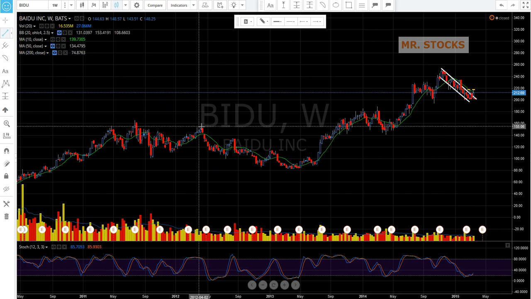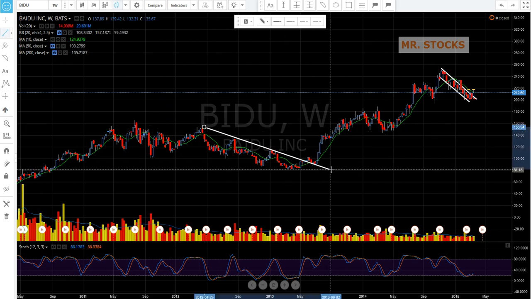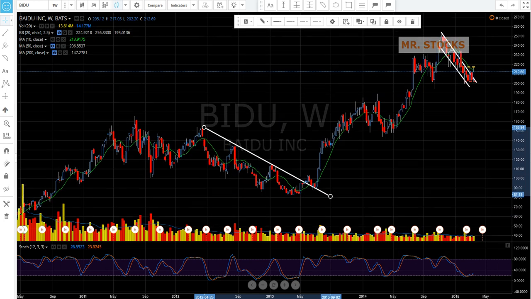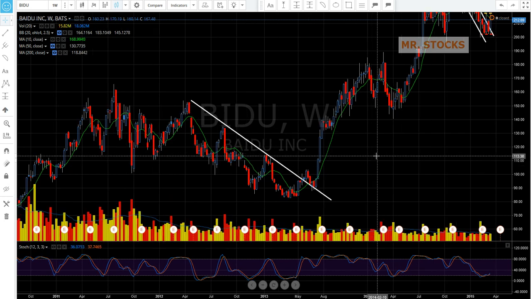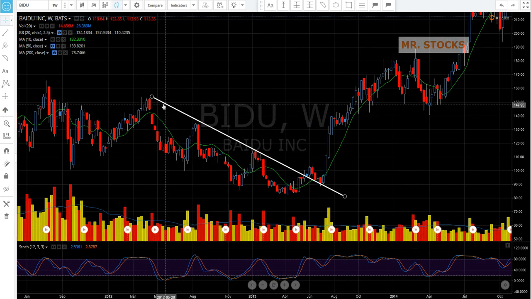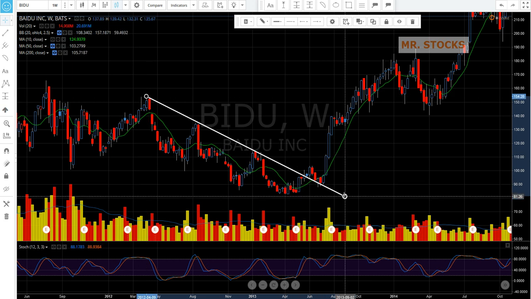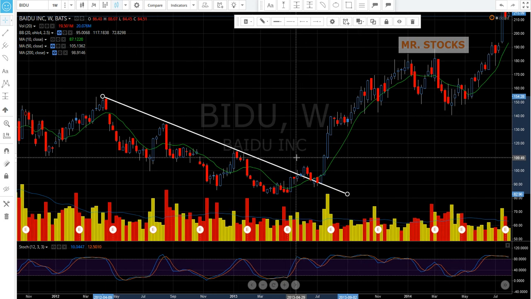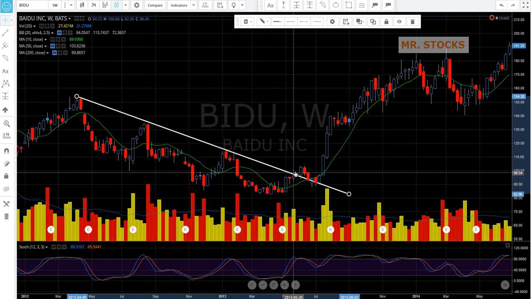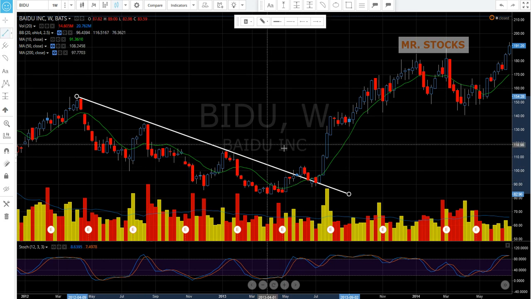If we look back into this area here, we can see that it was in a downtrend before, and we could draw a downtrend line. And when you see a downtrend line like that, you've got to think about the chopsticks pattern for a reversal signal. And sure enough, we do get the reversal signal in this area here. We had the first breach of the downtrend line in this area, and then we get it establishing the